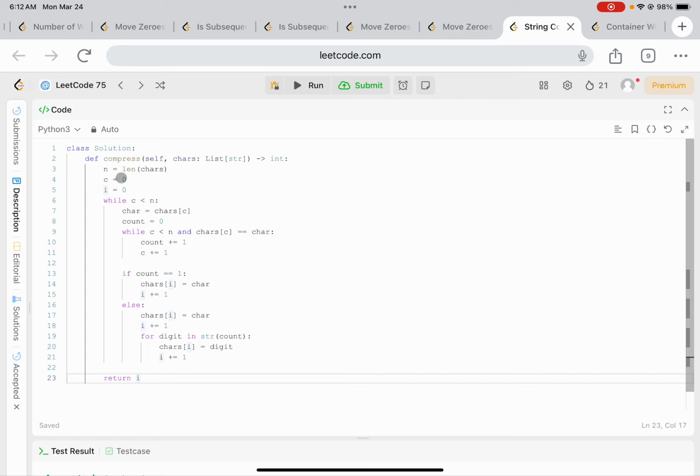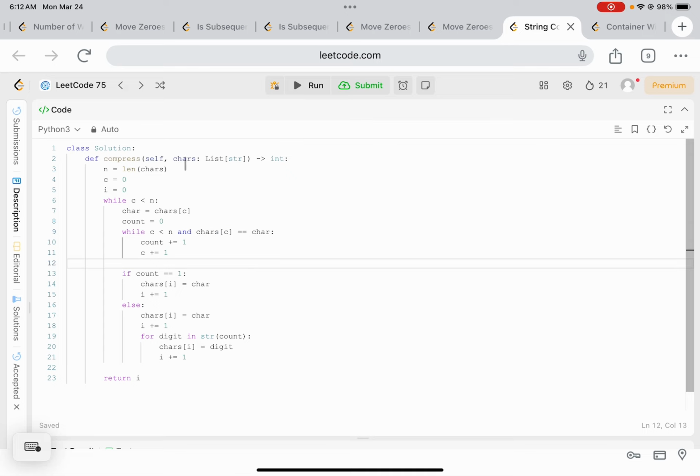And this solution addresses this by C keeps track of the current index in the chars array, where we keep track of the consecutive index, and I keeps track of where we want to place our result at the beginning of the input array. And you see here we find